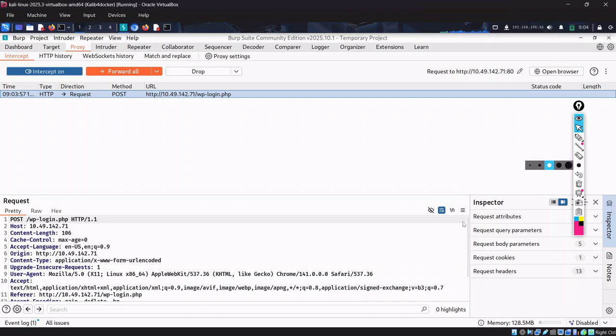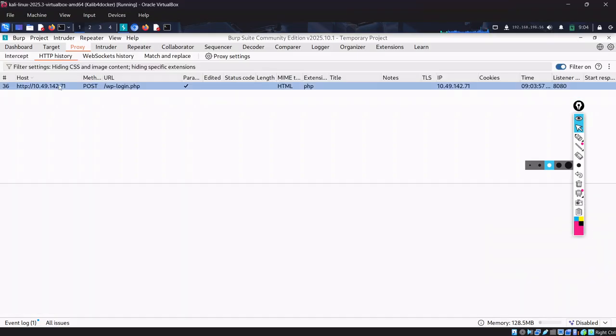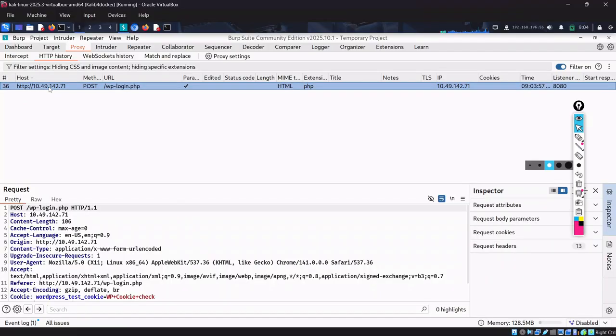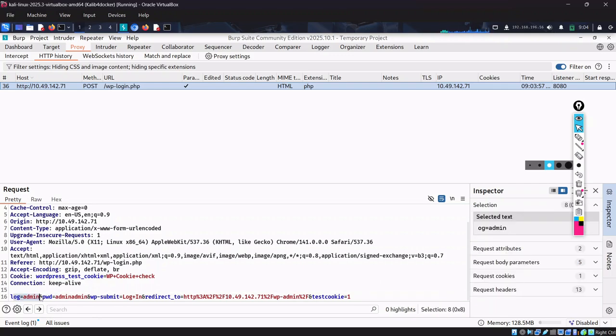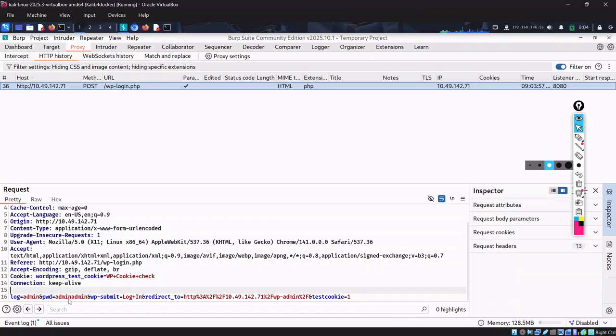So I got this. I'm trying to check it in HTTP history. Okay. When I click it, I see this one. This is the page, admin and admin. This is the line, line 816. Just look at it. So I go to intercept again,